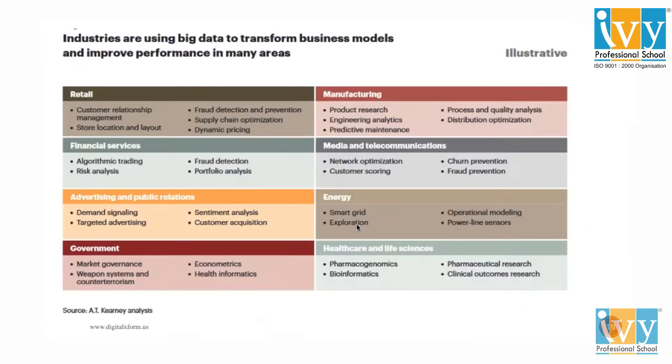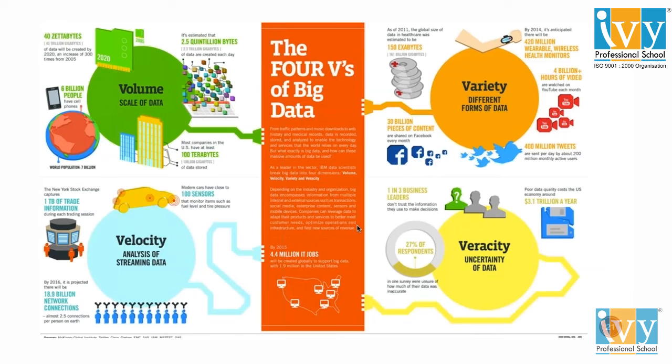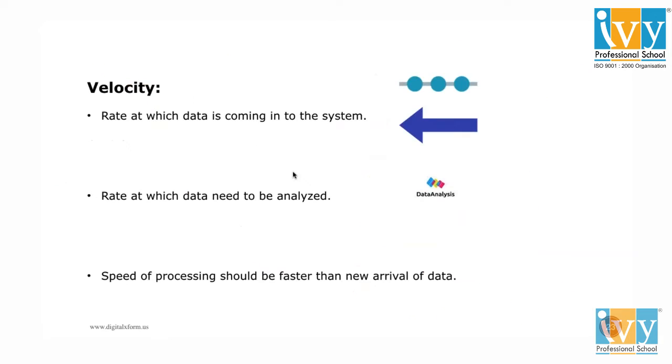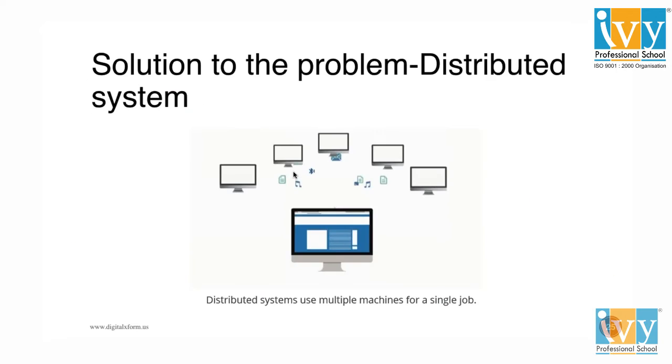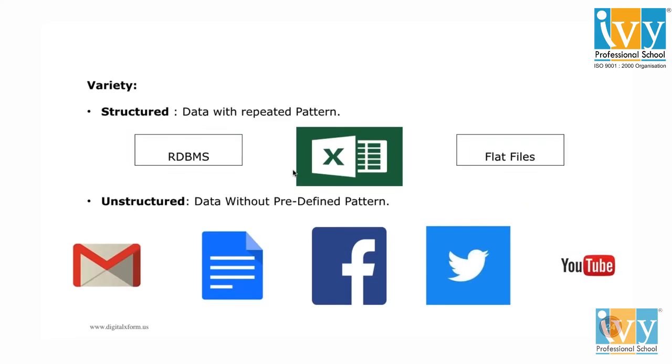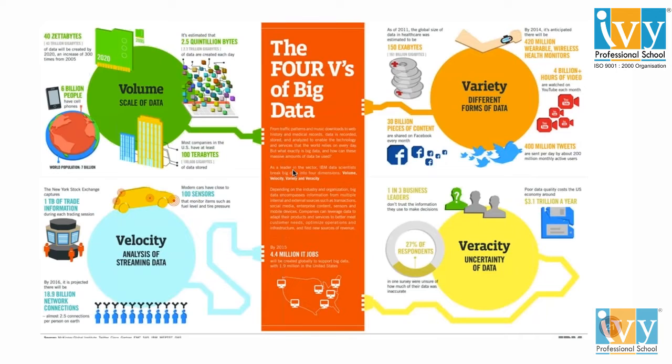So I've already told you how this big data is already valuable and it's used everywhere. So we have these 3 V's of big data. Mainly we talk about volume, variety, and velocity. Hope you understood this much. I'm going a little fast. And these are the challenges we talked about: volume, velocity, and variety.